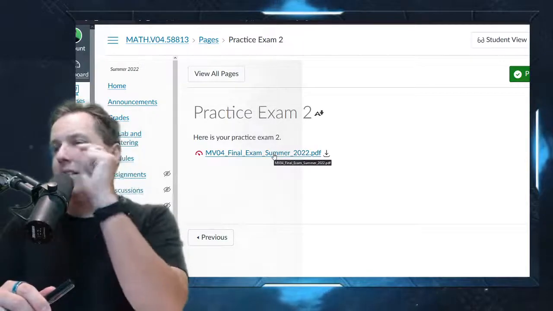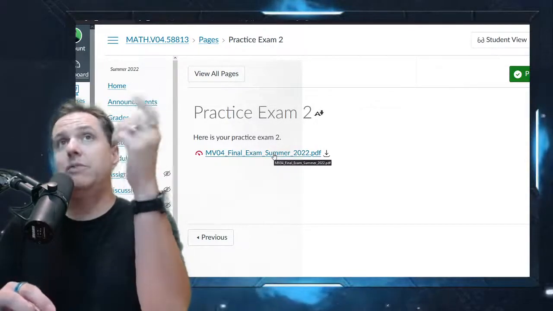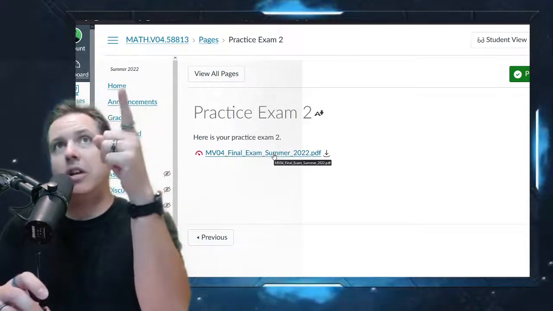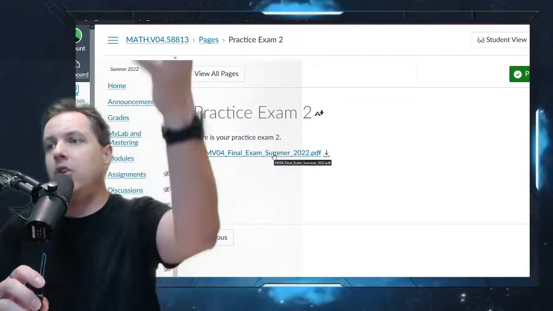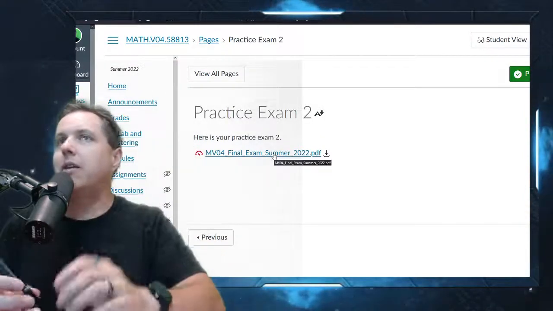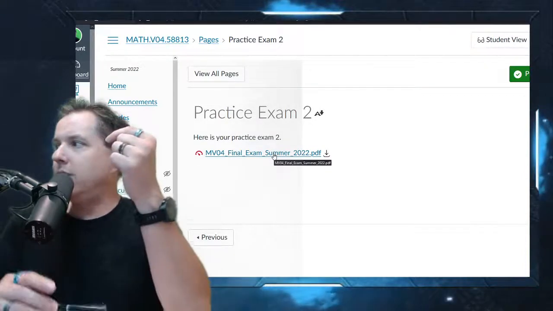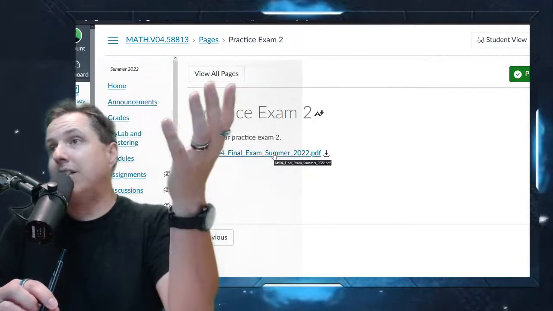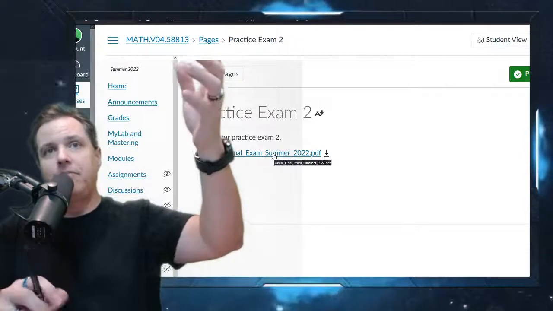Again, the test is not identical to the practice test. There's a little bit of difference, especially since, as I'll show you in a minute, they're on different platforms. The practice test is a written test that I've written out for you. I mean, not by hand, but you can print it off as a PDF. The actual test that you're going to be taking is a test version in my math lab, so it's kind of like the homework you've been doing. It'll look like those problems in there.